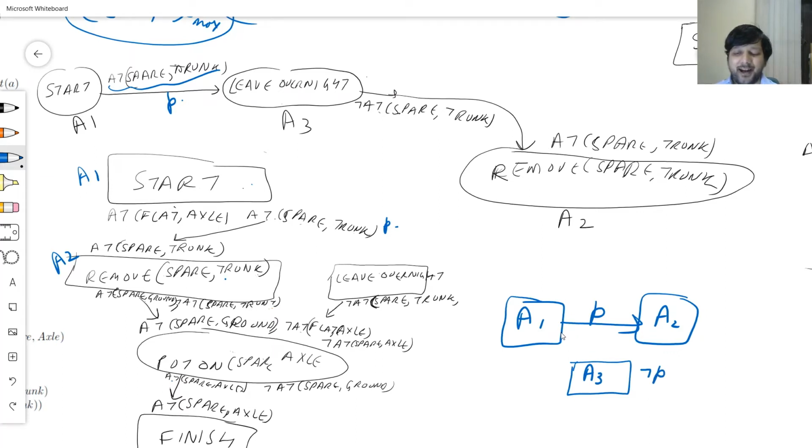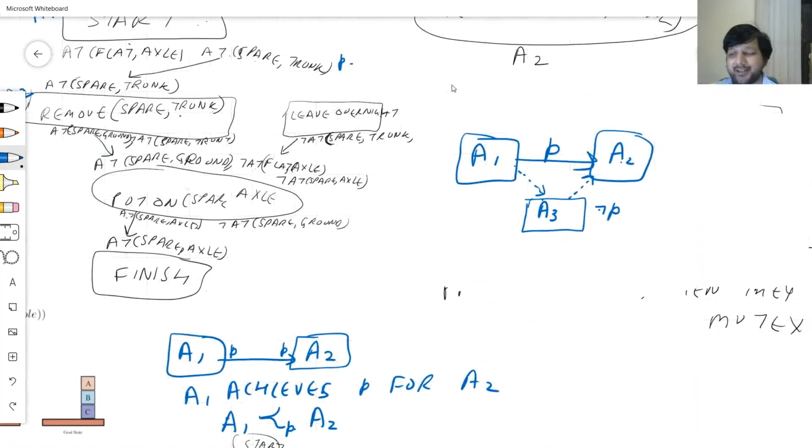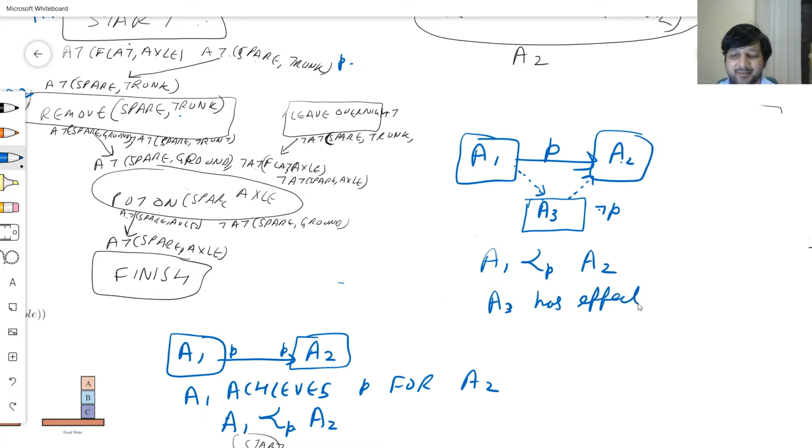Therefore, if I linearize it in this way, which is what I did over here, A1, A3, A2, A3 undoes the condition P for A2, giving you a third visualization of the same thing. So two diagrams and one text. I say A1 achieves P for A2 and A3 has effect not P, then we say A3